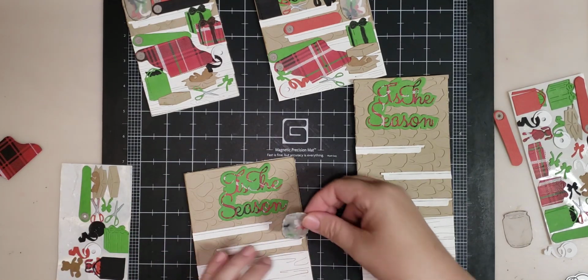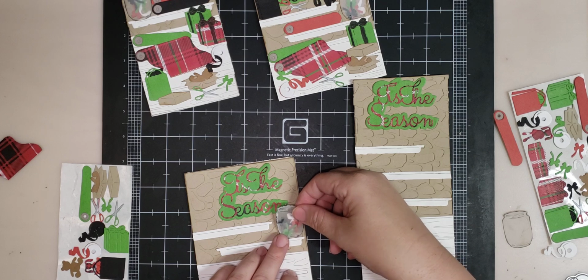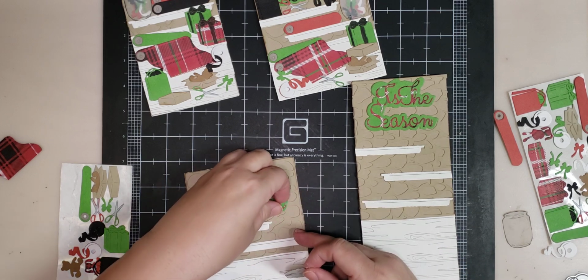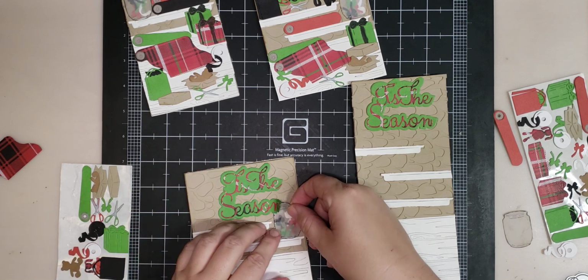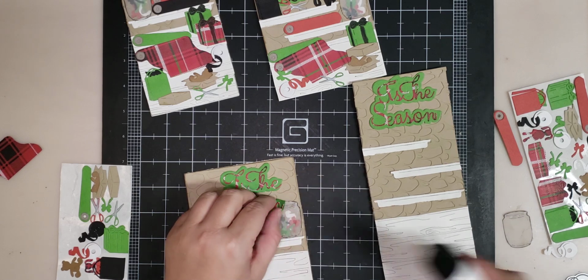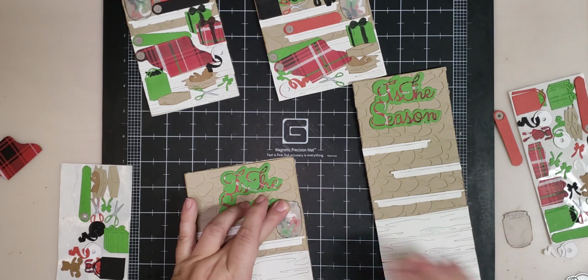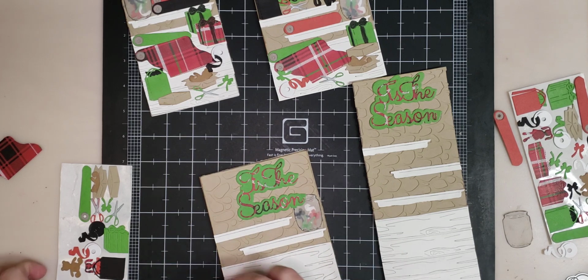Over. I put my little ribbon jar right. Now I move that over so far that the ribbon jar is going to cover the end. Let's see if we can slide the ribbon jar behind it. That would be a good idea. Put a little bit more glue on that. There we go. Okay, then